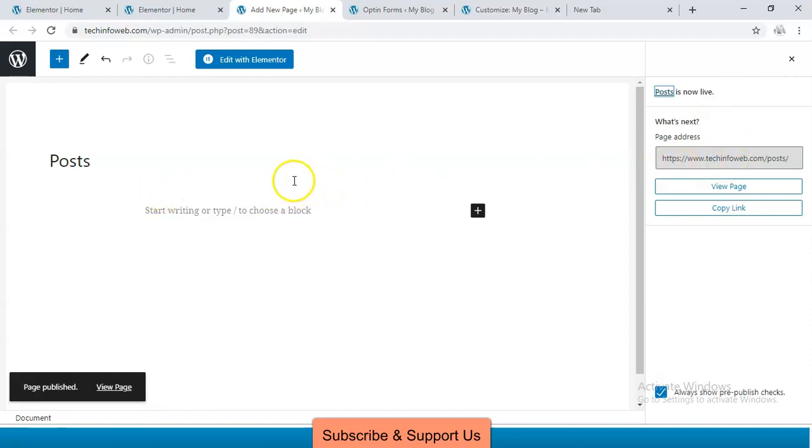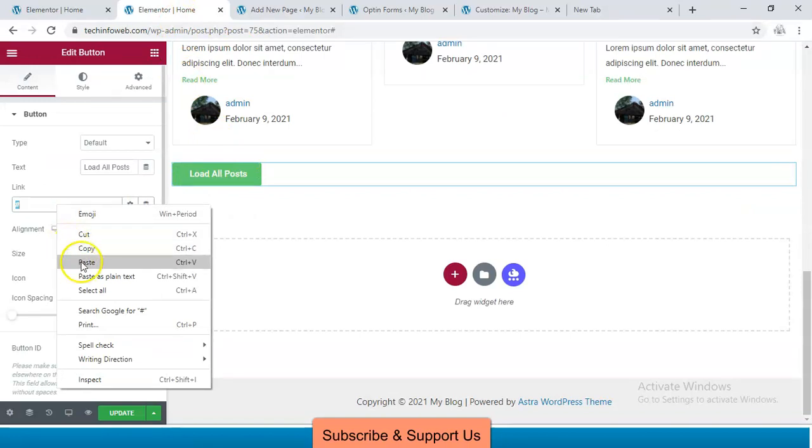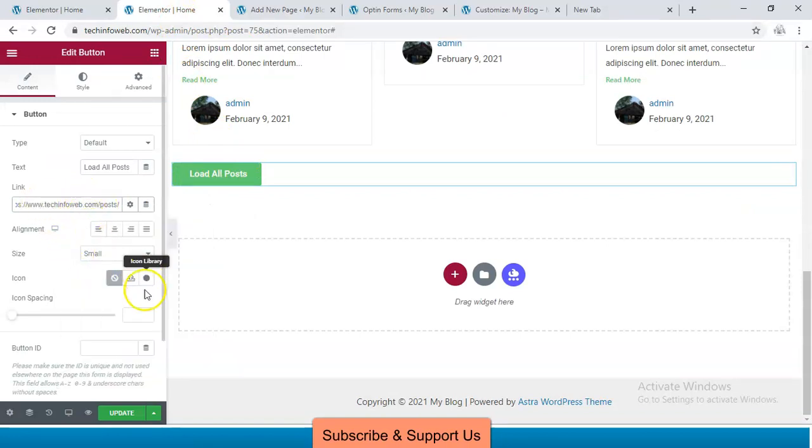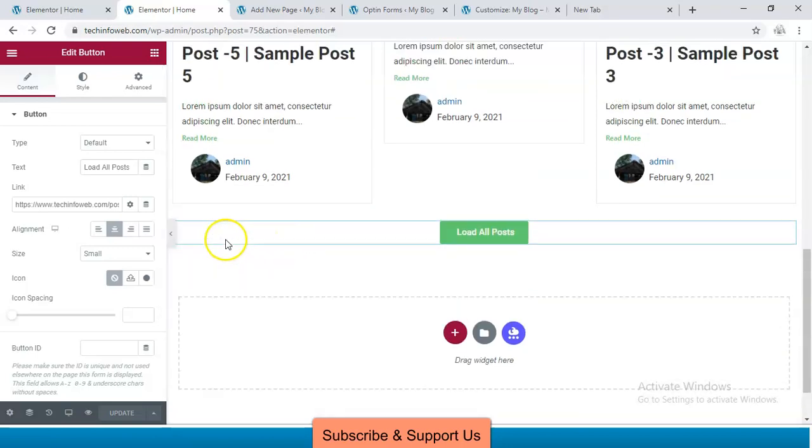We are just going to create a page and name it post. That's all. Now copy this link and paste it here in the button link. Align the button center. Now you can add more elements like this in the static front page.